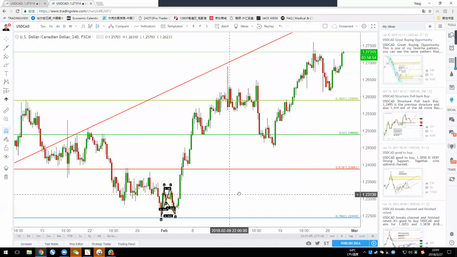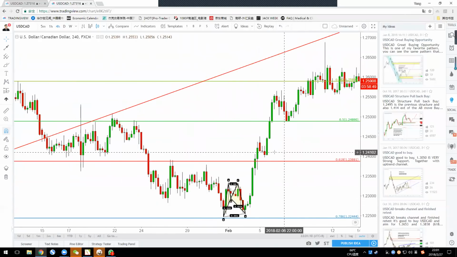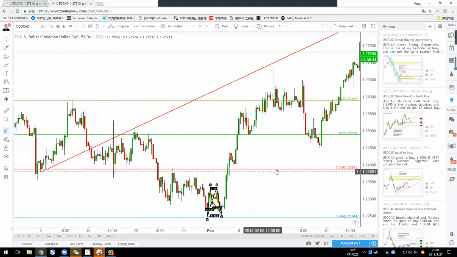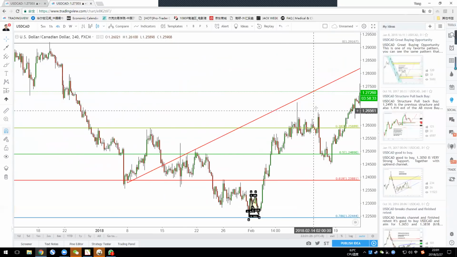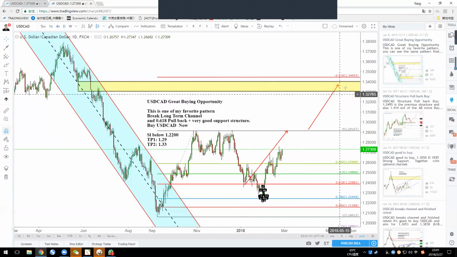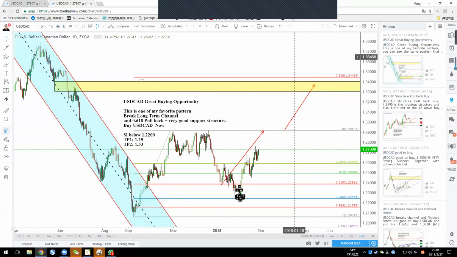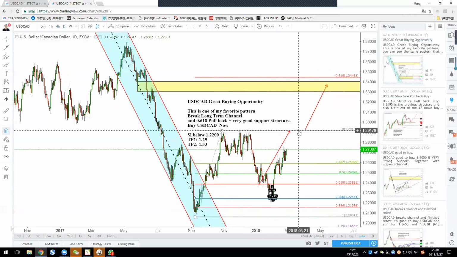David, can you recognize this bat pattern here? Yeah, so this is a very good example of a good harmonic pattern: a smaller time frame pattern occurs at a higher time frame supporting structure, and you find a good pattern to buy. So, dollar Canadian, nothing more to say. I think the price will go up to 1.29 and then to 1.34. The downtrend channel breaks up, sideways to 618, and another rally will come.